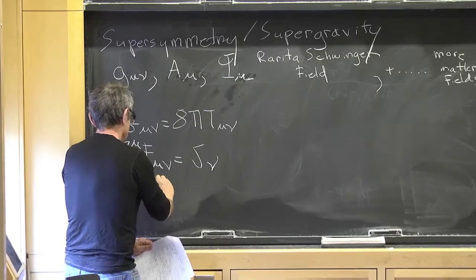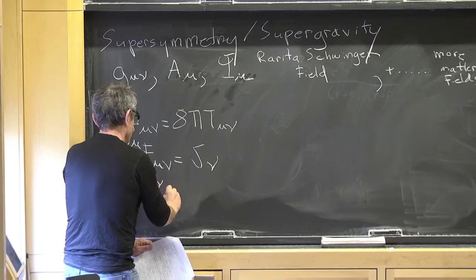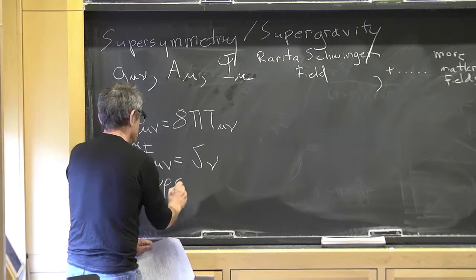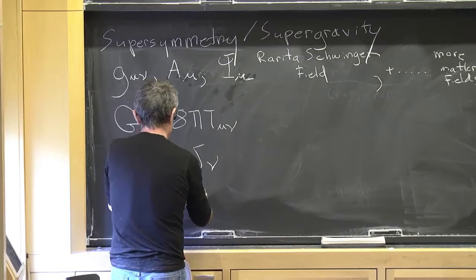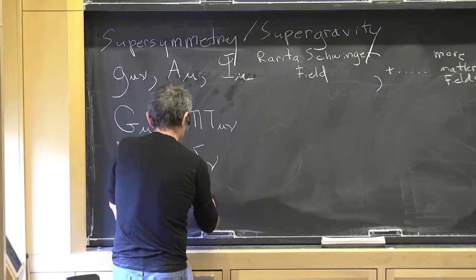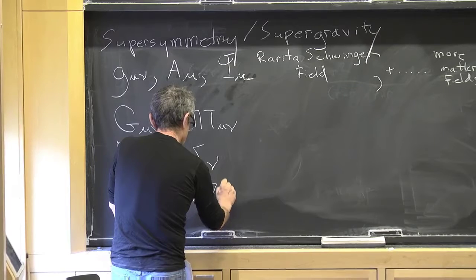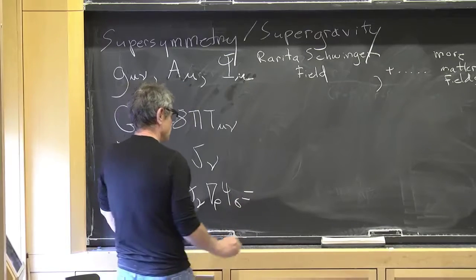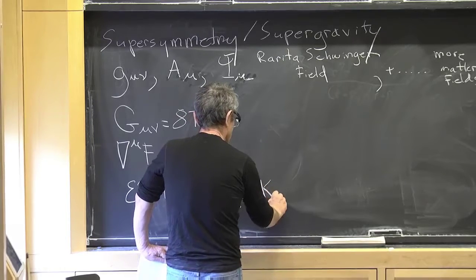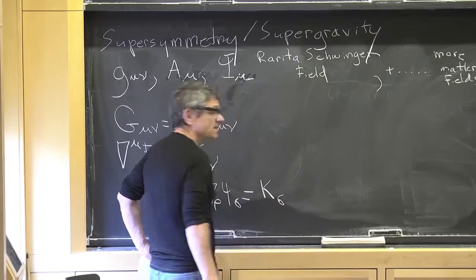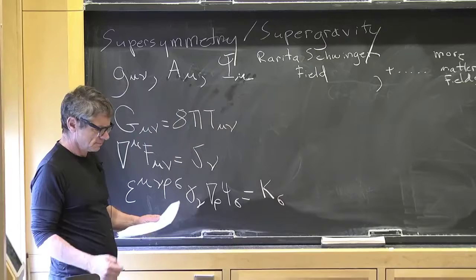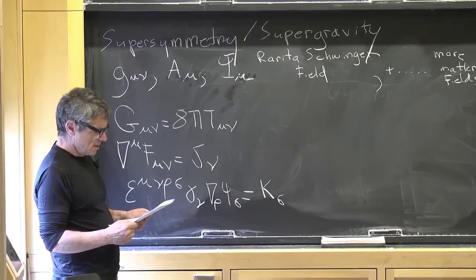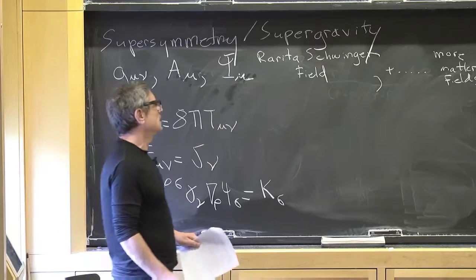So this equation is epsilon mu nu rho sigma gamma nu d rho psi sigma. And that also has some fermionic source, which we could call K sigma. Okay, now